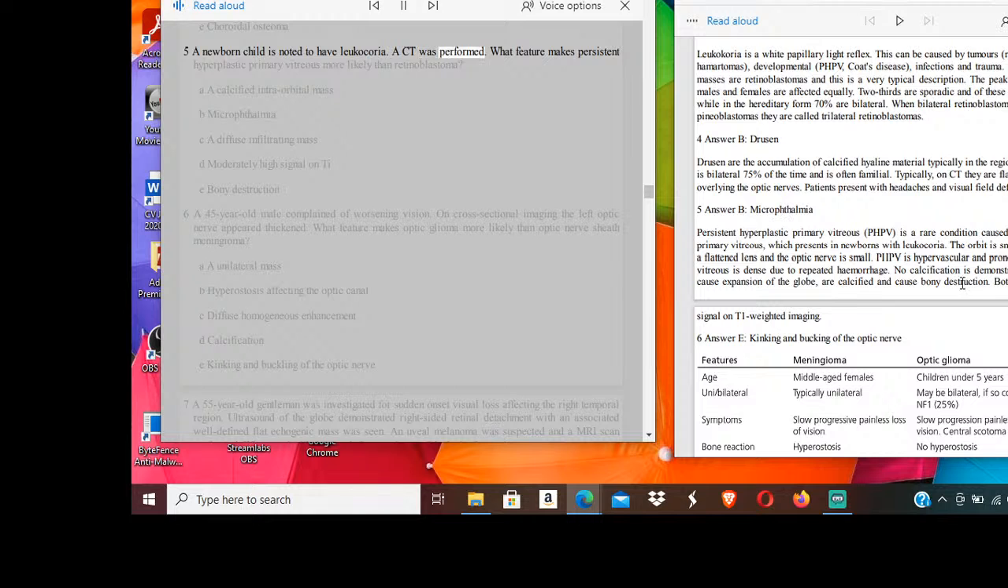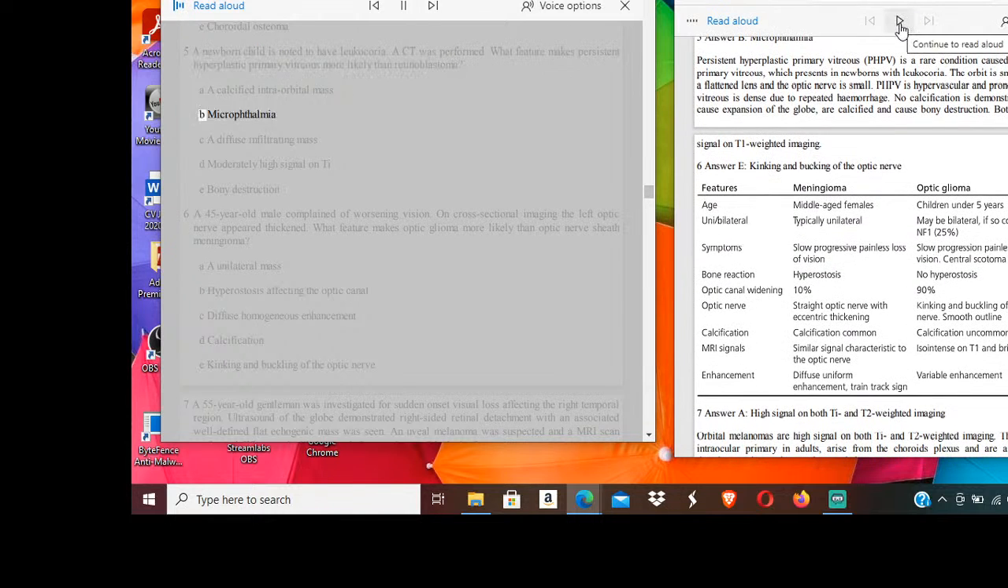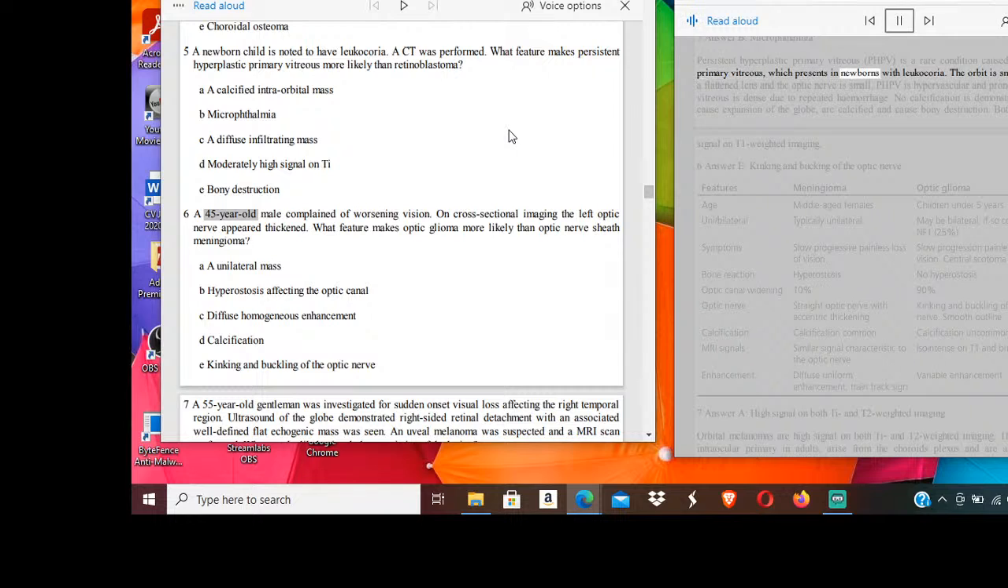A CT was performed. What feature makes persistent hyperplastic primary vitreous more likely than retinoblastoma? A, a calcified intraorbital mass. B, microphthalmia. C, a diffuse infiltrating mass. D, moderately high signal on T1. E, bony destruction. 6. A 45-year-old